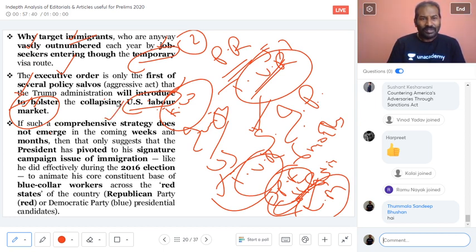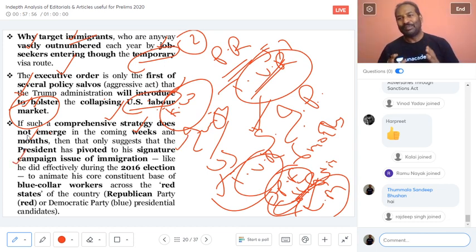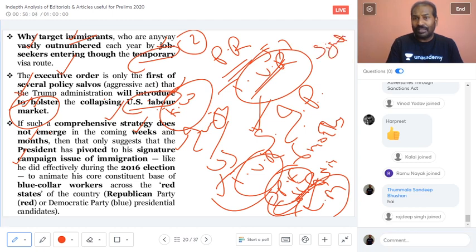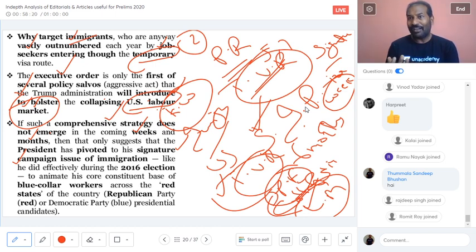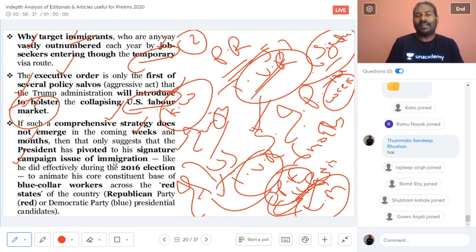This is now very important. If this strategy does not emerge in the coming weeks or months, it only suggests that the president has pivoted away from his signature campaign issue of immigration. So please understand: he said it will come into existence in a week. If, in a week, or even after months, and this is a very big if, the suspension of the immigration policy doesn't come into action, then whatever he has said, that I will sign it, that signature would be just a signature campaign,